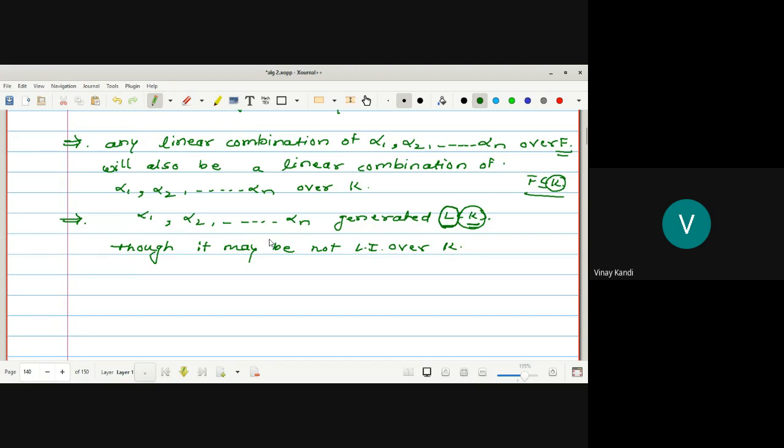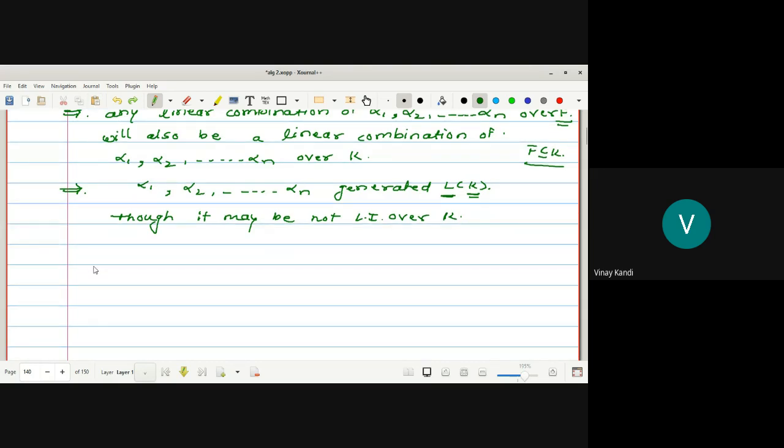Any doubt? No sir. Okay, so this alpha 1, alpha 2 up to alpha n may or may not be linearly dependent. Okay, now here the alpha 1, alpha 2 up to alpha n generate L over K. Okay, so this implies the vector space L over K is